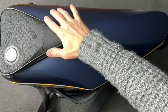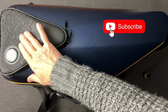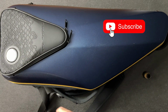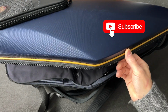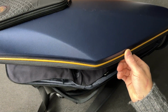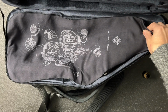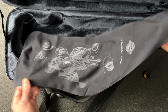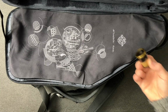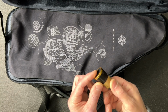You'll notice it says Model 2022 here, and it's got this textured finish, which we're not sure if that came on the Supreme or not, but obviously it's on the Model 2022, and you have this gold strip here on the outside of the case. On the inside of the case, you have this dust cover with the replication of the engraving that's on the saxophone. And it also came with an end plug that says Model 2022,